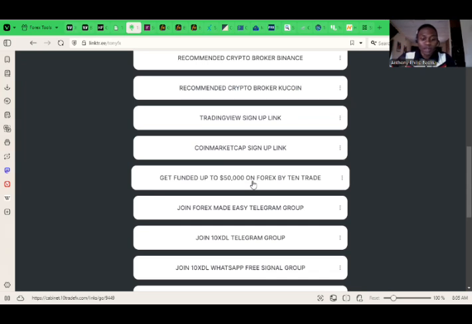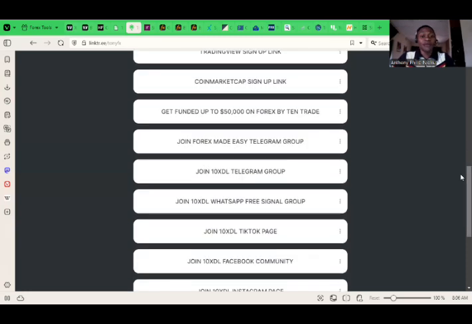Okay, you can get $1,000, $3,000, $10,000, up to 50, or even $100,000. You just need to register for a fee, and we offer account management services. So if you want to get this $50,000 account but you don't have experience in how to trade, you can meet us and register for the account in your name, with your details. You have all the access, 100%. But all you give us is the trading capital access to trade with the financial market knowledge we have. Once we make profit, we split the profit. You keep 55% of the profit, we keep 45%. Do you understand? So that's what 10Trade is, and that's our recommended prop firm aside from FTMO.